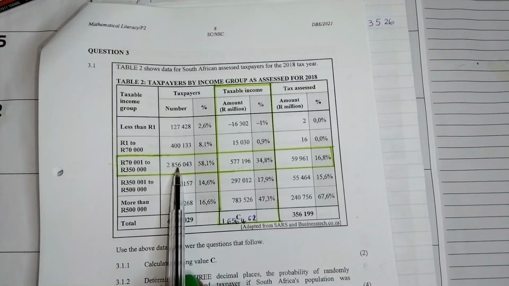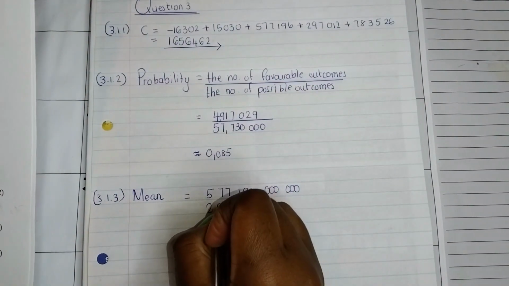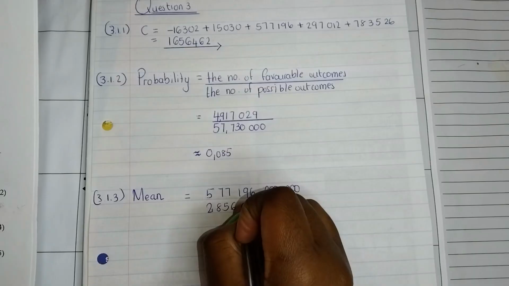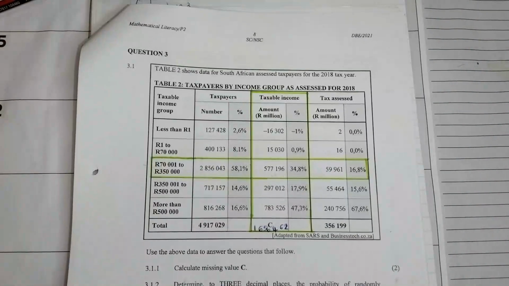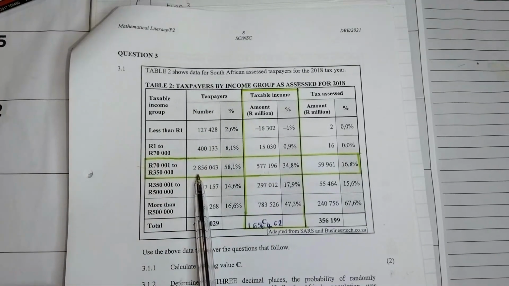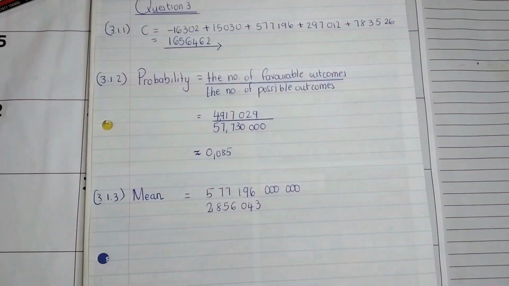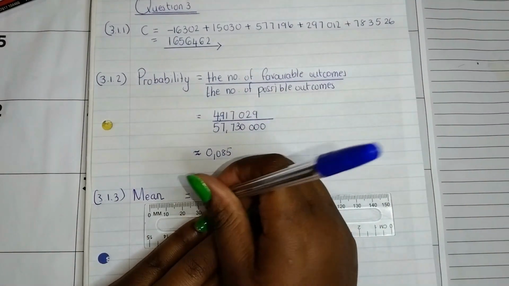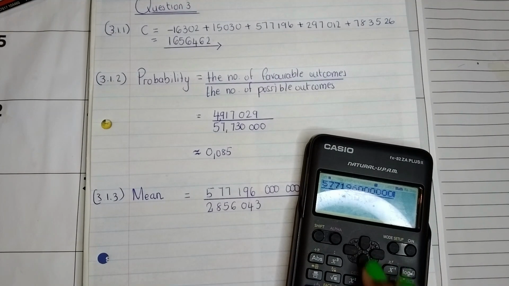So the total taxpayers for this group is 2856043. That is just a straight number because we're not told about millions there, so we're just going to substitute it like that. And then from there we're going to get the mean. So it's 577,196,123 divided by